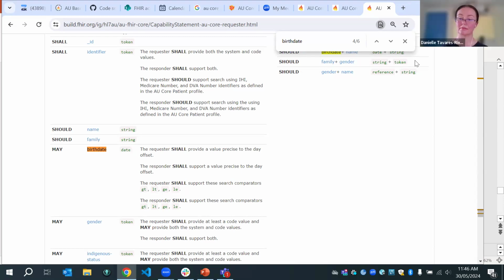I'm more concerned about what Richard said, where because you've made them go to the high bar, they then just opt out of providing database search at all, which would be really bad. I mean, it is a MAY in AU Core, and I guess that's the question, is how useful and how difficult is it? Is anyone finding this challenging? Would this cause a problem for them? I think what I'm hearing there is that if we change these to shoulds, have the shall on the precise and shoulds on the modifiers, it would make it more